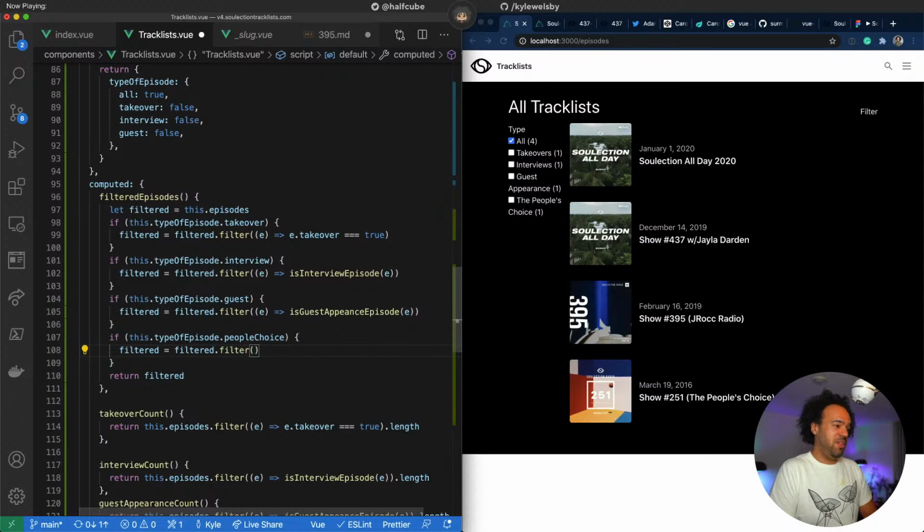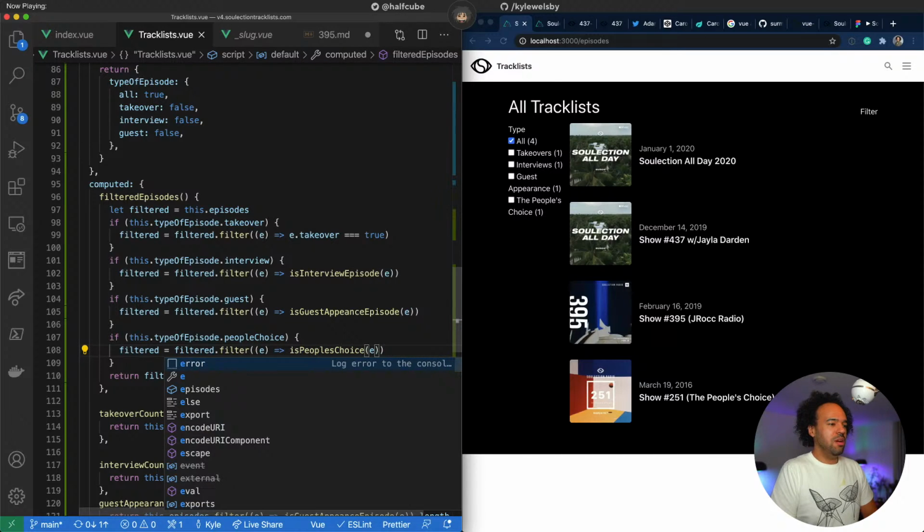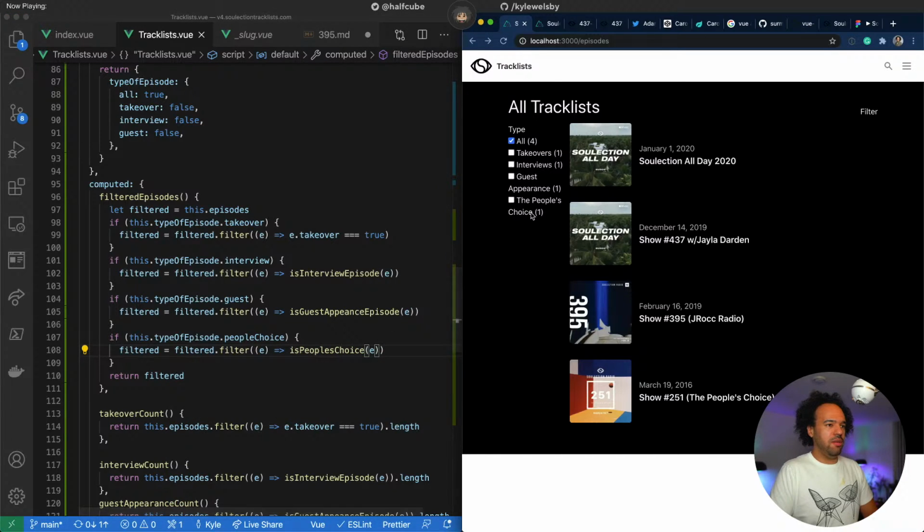I'm going to, of course, filter those with is People's Choice. I'm going to pass in the episode. Probably it is a very nice way we can do that. Wait, load? Yeah, cool. I want to check whether we can just get rid of that and it still works.